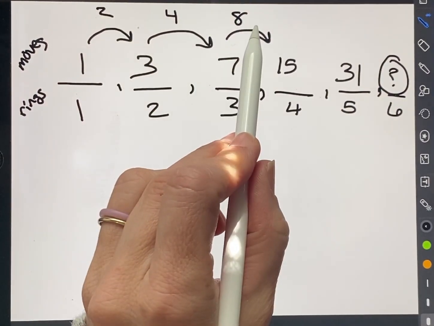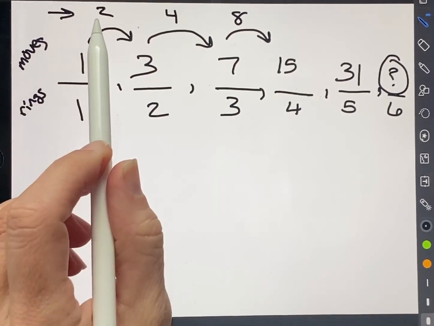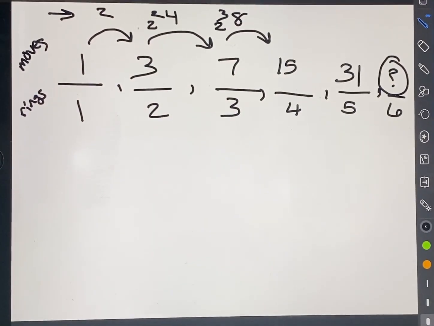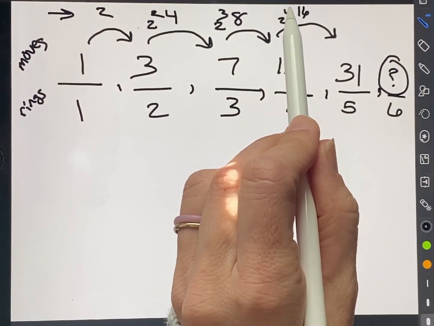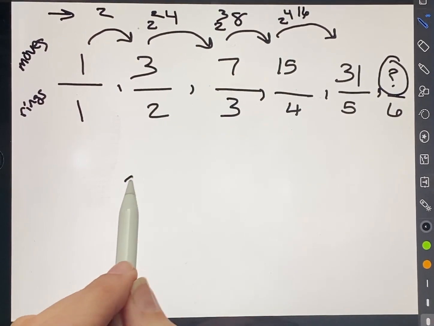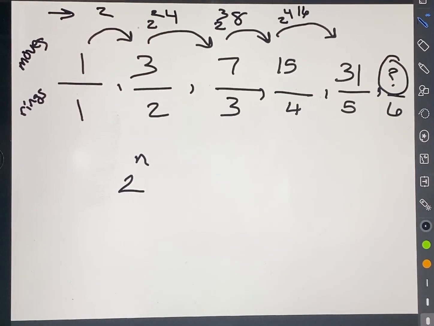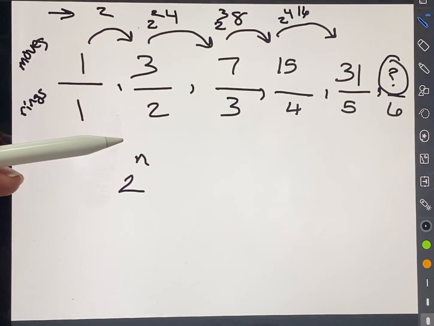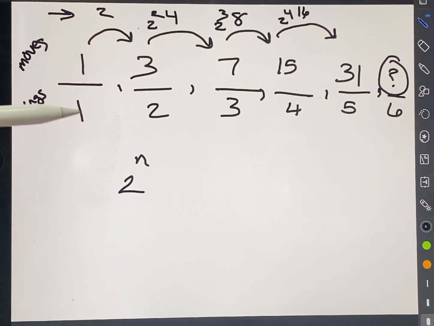Something that we see with multiplication is that the jumps actually have a pattern. This is 2, this is 2 squared, 2 cubed, and we would see here that we've got 16, which is 2 to the 4th. So I'm just going to put down 2 of something, 2 to the n, because my jumps definitely have 2 to the n in common, and see if I can come up with these values here. So 1, what could be our n? I always just start with the original one. So 2 to the 1 gives me